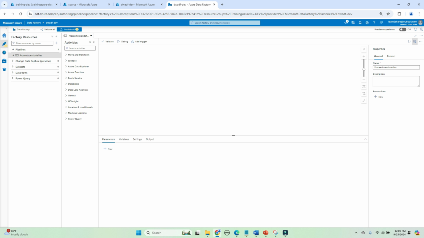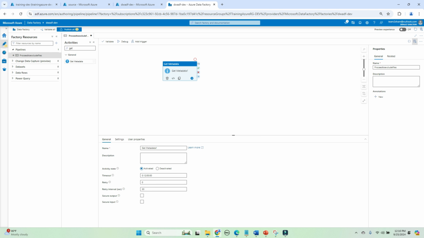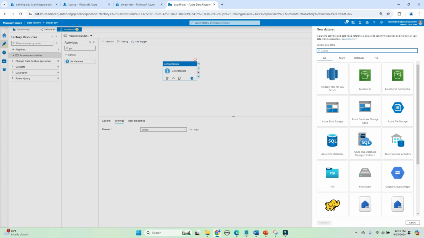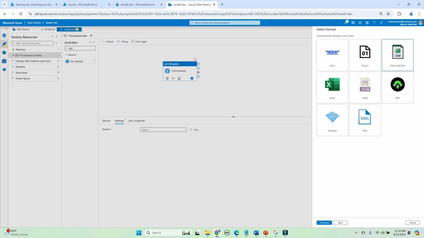First we need a get metadata activity to get the list of files. So we'll add a get metadata activity. We'll name it metadata. Go to settings. We'll create a new dataset pointing to the storage account. Select storage account, continue, select files,